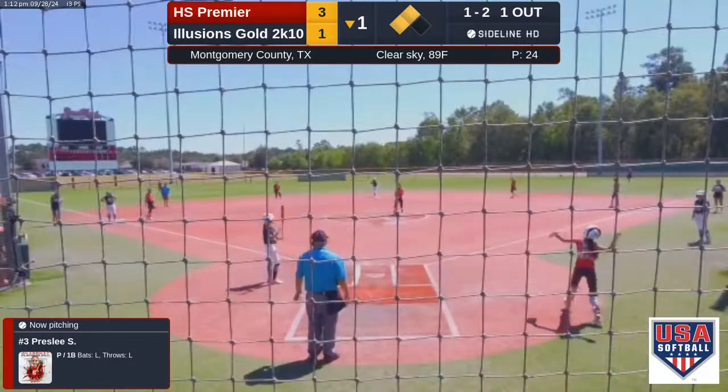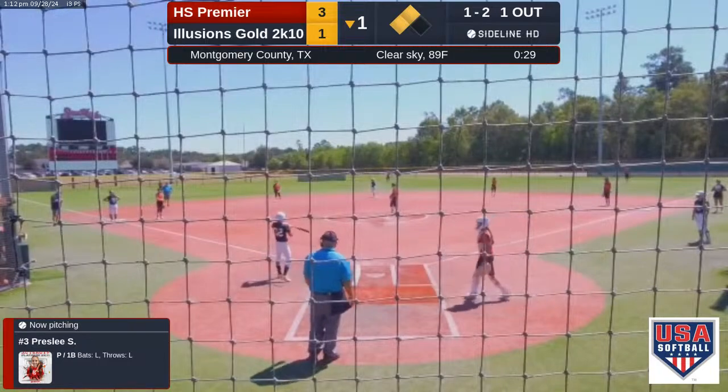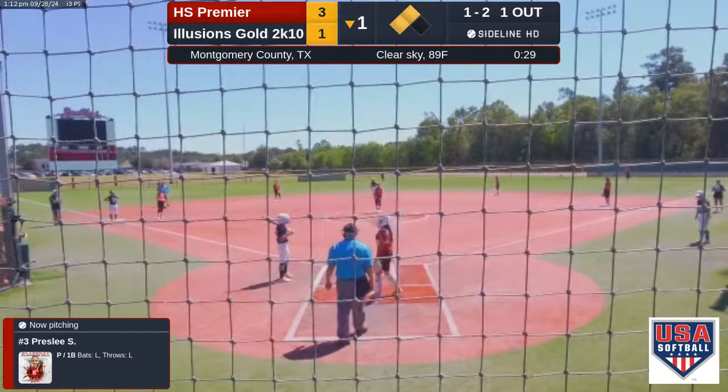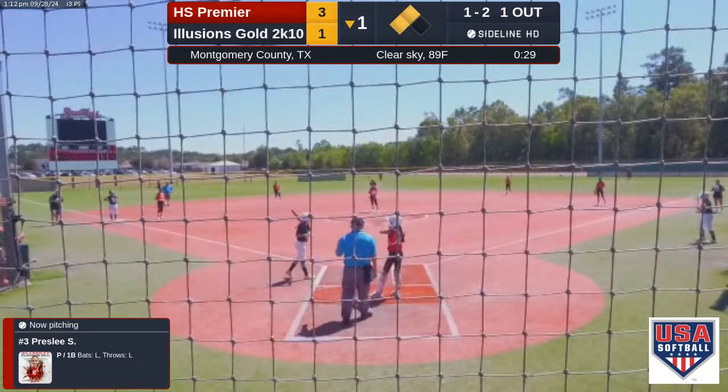Pitch is fouled back. Camille grabs it off the screen as it rolls back down into play. We got 1 ball, 2 strikes.